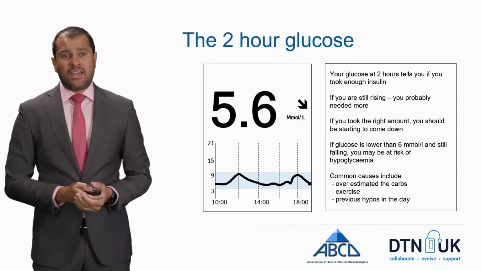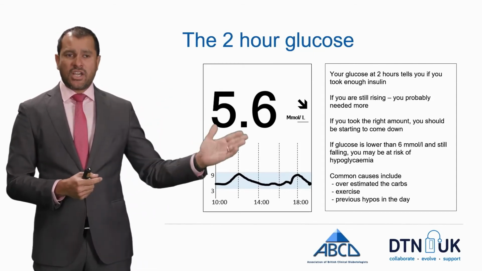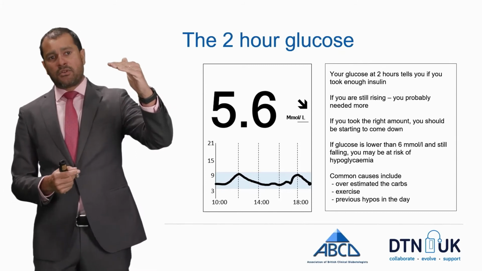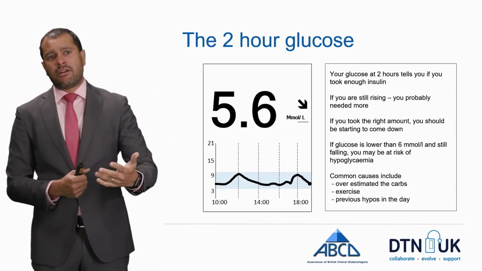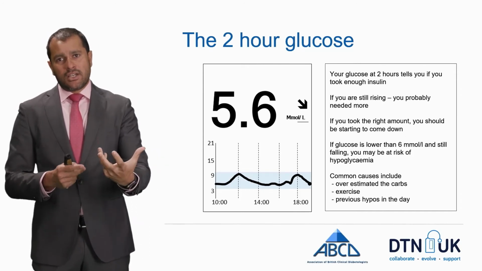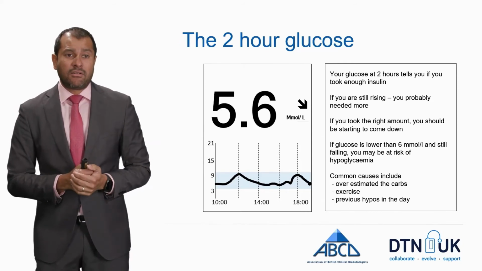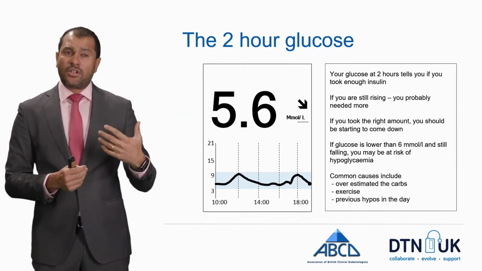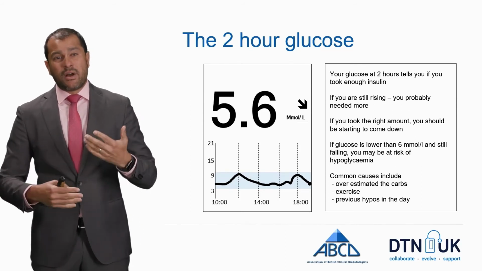For example, in this example here, the person was in target pre-meal, had injected early, went up by 2 or 3, and 2 hours later is coming down, showing 5.6 with the down arrow. Now the insulin they took, it's still got an hour and a half to run. And if you look at that oblique arrow, as we saw before in that table, you're going to drop by between 2 and 3 millimoles per litre. So at the end of that, you might be at hypo.